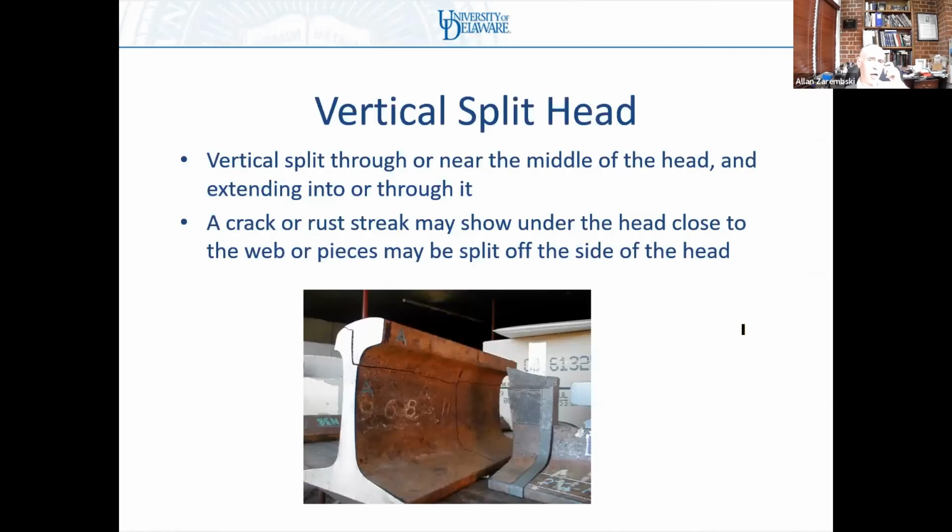Okay. A cousin of the horizontal split head is the vertical split head. Vertical split head is also a fatigue phenomena. In fact, the vertical split head is emerging to be the number 2 most common fatigue-initiated defect in welded rail territory. Detail fracture being 1, vertical split head being 2. So you can see a vertical split head, the crack is vertical rather than horizontal. This is showing at the middle of the railhead,